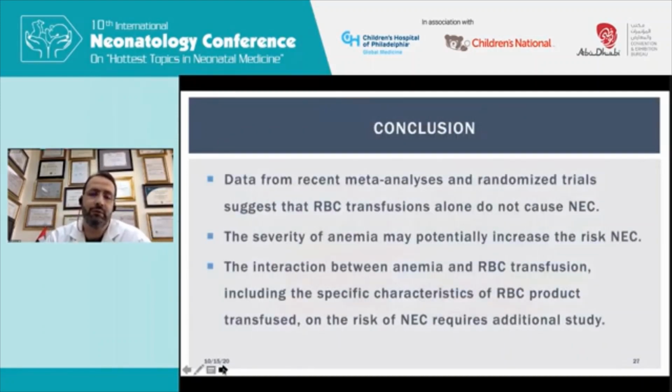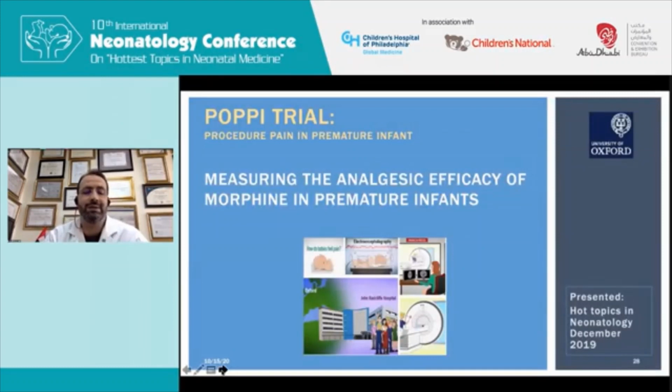So in conclusion of that recent meta-analysis, there's really no association between RBC transfusion and NEC. Maybe the severity of anemia caused the NEC, and the interaction may be because of the components of the red cells, not the transfusion itself. Moving along to procedural pain, we use a lot of